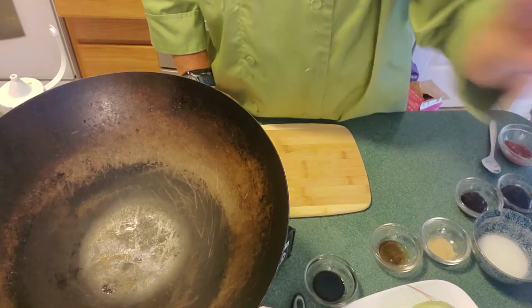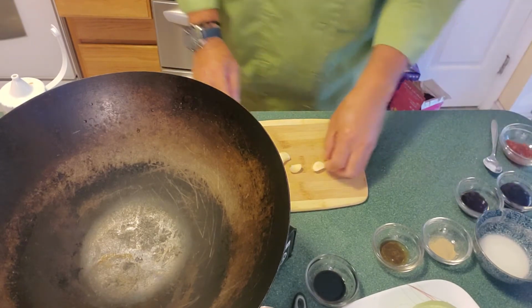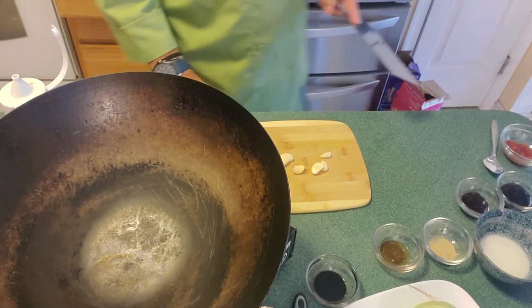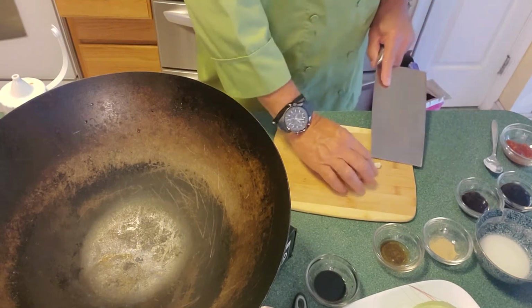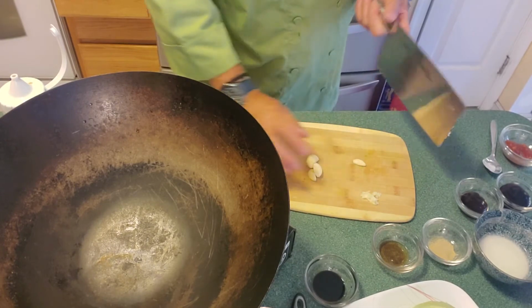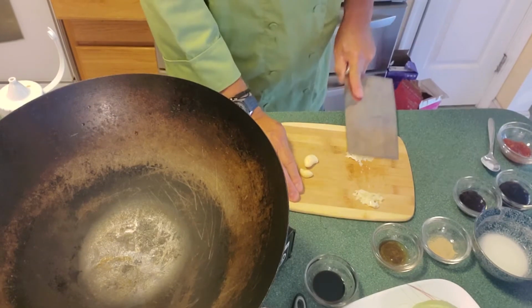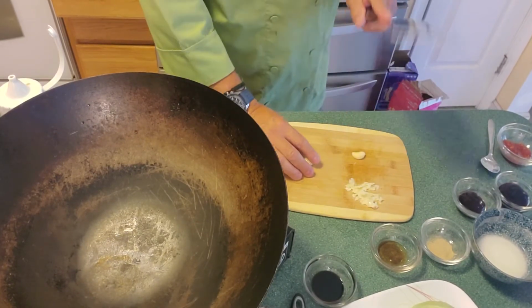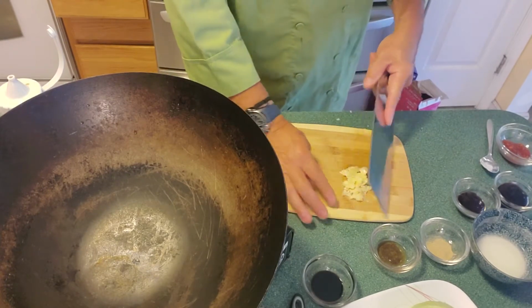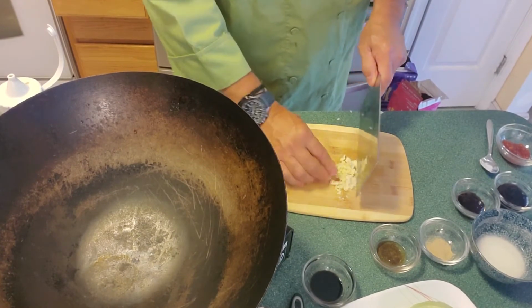I'll be right back. Okay, so before we heat the dish, I forgot to add one main ingredient, which I love. I always love to use fresh garlic. But if you don't have fresh garlic, you can use garlic powder. Basically, you put it on the chopping board, hold it flat, and just go bang it. Don't be hesitant when you bang it. All right? You want to smash that clove of garlic and use the front to push it away. Then we gather it all together. Try to hold it down best you can and just chop. And there you have